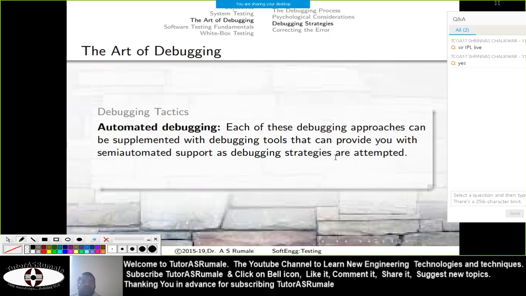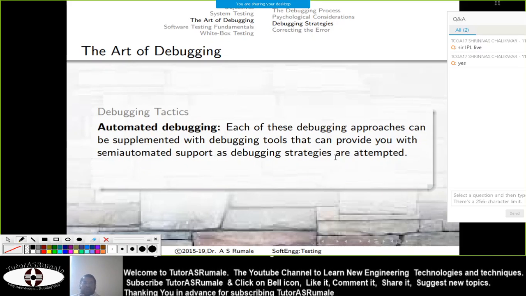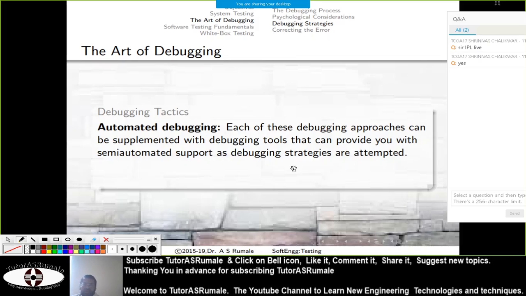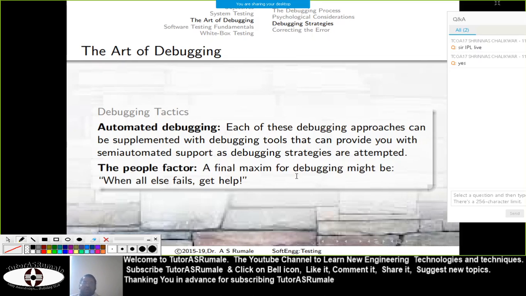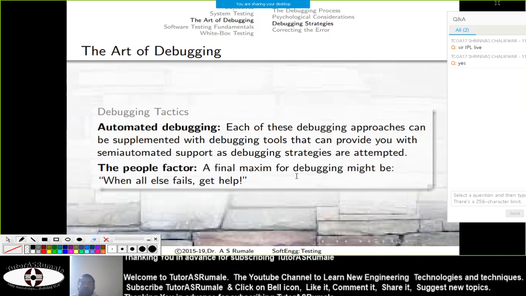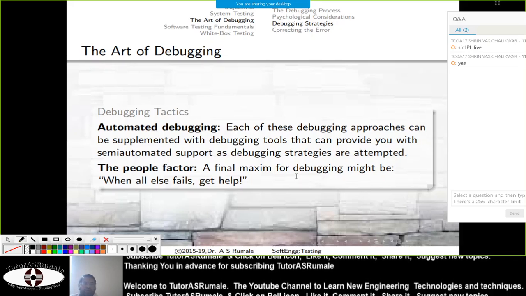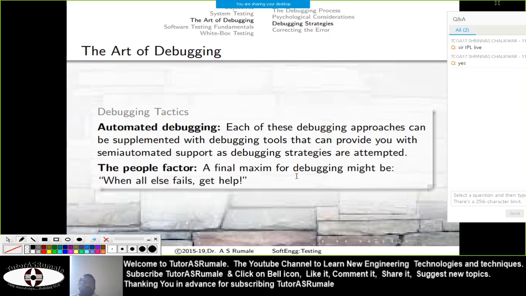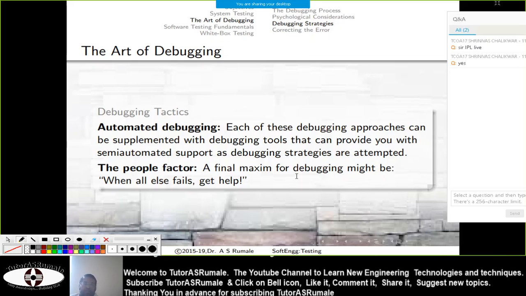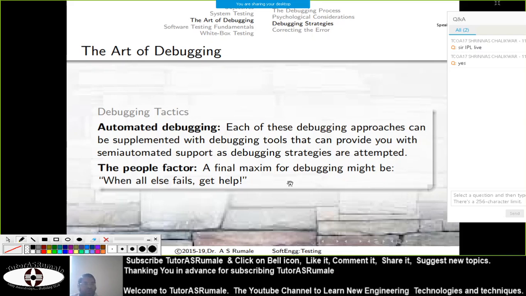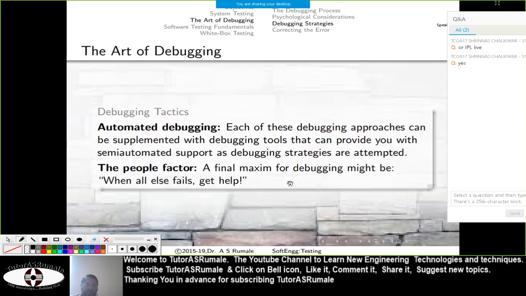There are also automated debugging tactics, which can use any of the three debugging strategies. And last is the people factor. When you are debugging your software, if you find no solution, you should ask for help from people, and that's where free open source software, GitHub and other things come in.